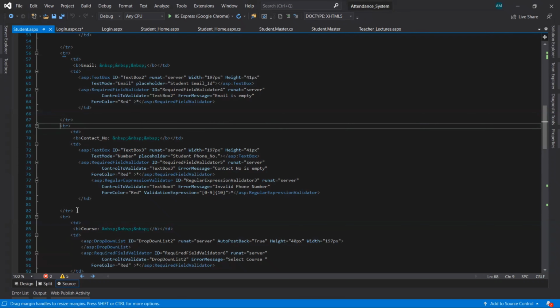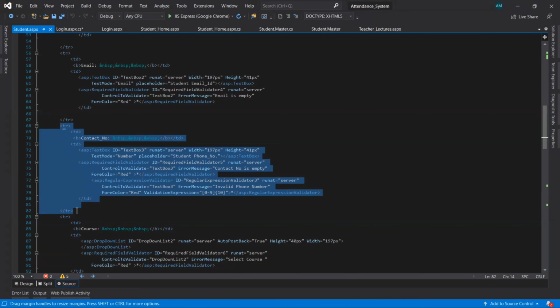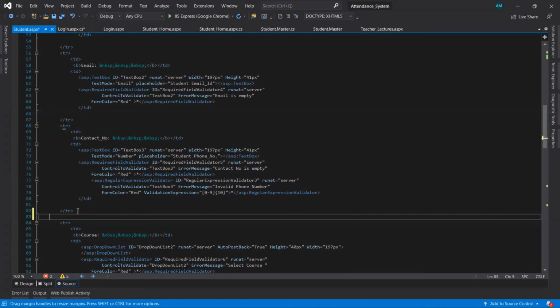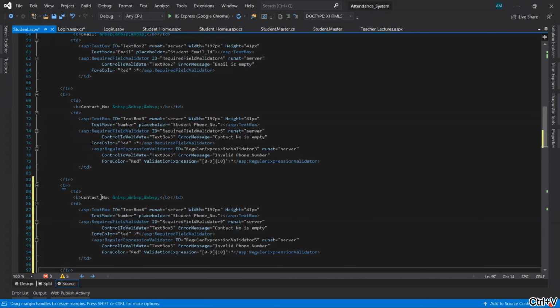I am copying this table row as it is and pasting it after that. Now here, instead of contact number, we have to provide the password.